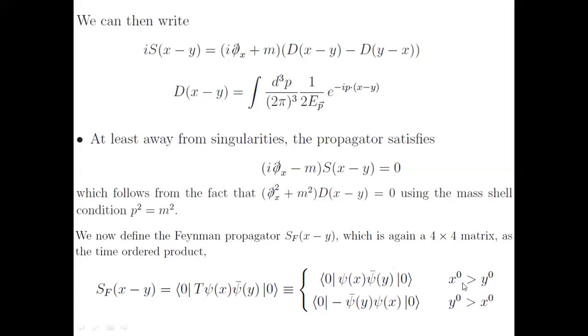So if we have a field for which (x minus y) whole square is time-like, and if we have two points in space-time which are space-like, we can always have a Lorentz transformation which transforms the (x minus y) term to the (y minus x) term. To satisfy this, we have to have something that gives 0 for the Feynman propagator if the points are space-like. To give that 0 term, this has to be negative, because if a positive and a negative quantity are similar, the term must be 0. That is why this negative term comes.